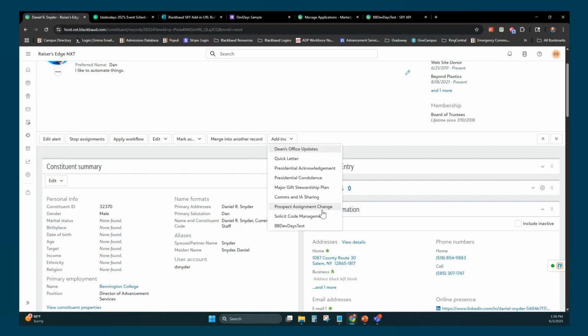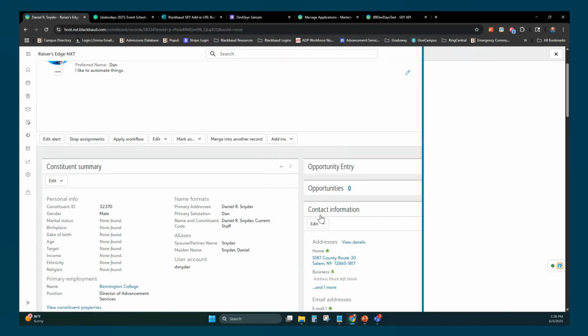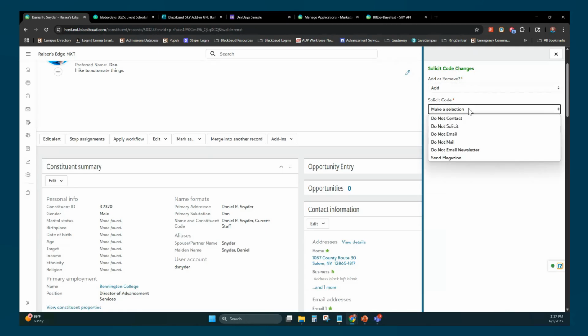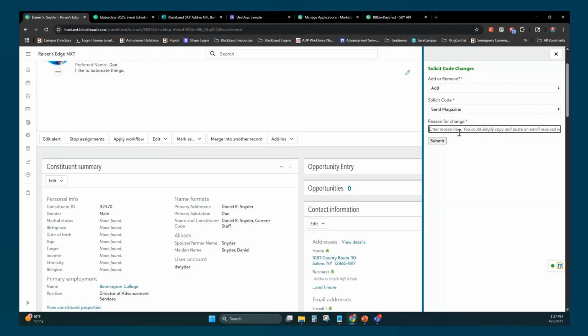So let's see, solicit code management. We use the consent module, and here, just to say, this is a flyout. And this is an adaptive card that I built. As you can see, very basic, kind of a drop down. Do I want to add or remove the solicit code? I'm going to add one. Here are the options that I have. Here, I'm going to add send magazine and